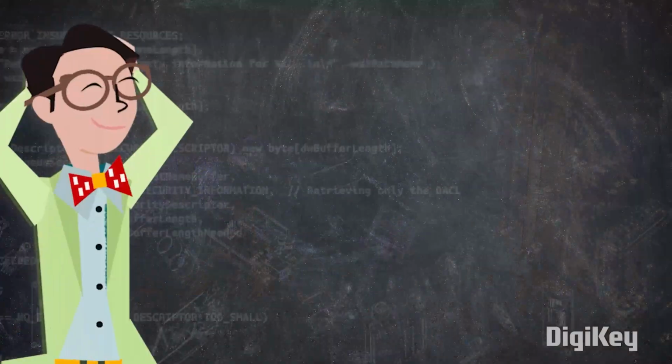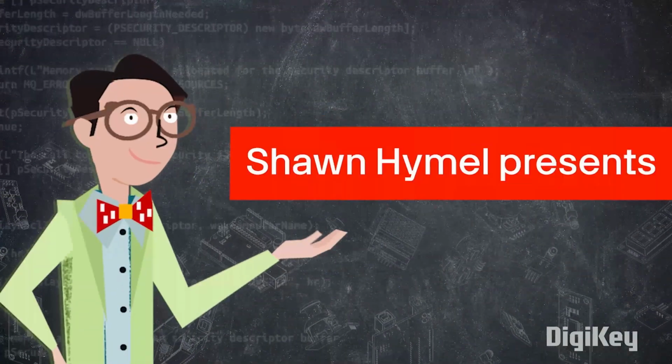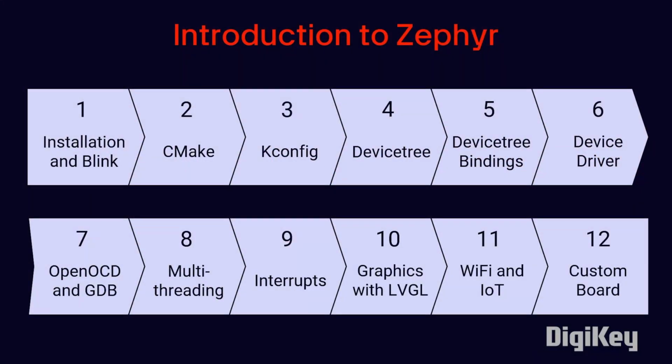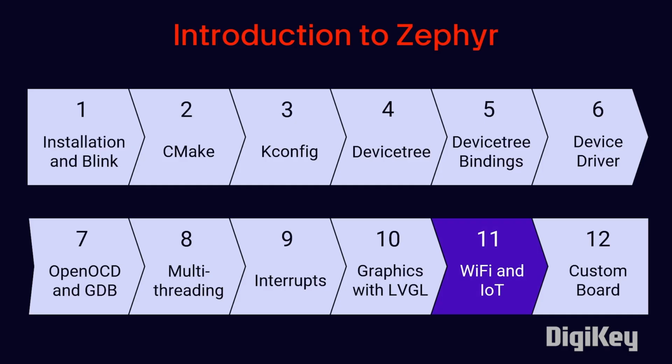In this episode, we dive into basic networking features to get you started creating IoT devices. I'll show you how to enable the Wi-Fi driver on the ESP32 and create a simple HTTP GET request. Networking is a huge field that we won't have time to really get into. But with our foundation of CMake, Kconfig, and the Devicetree, we can create a simple cross-platform application that performs a